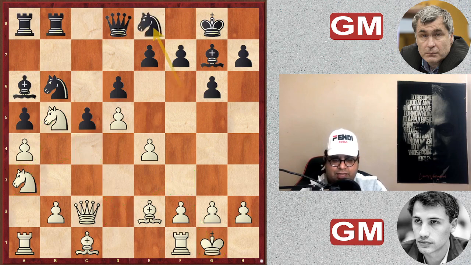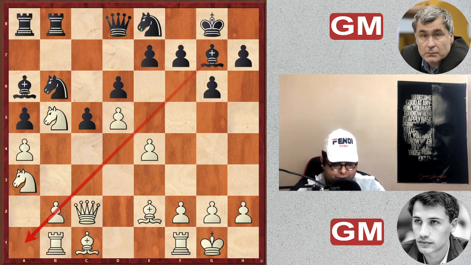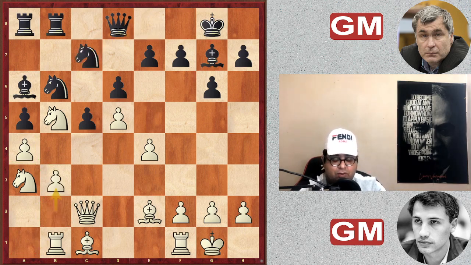Here black played rook to e8 anyway, so he's still trying to play knight c7, and white in response played rook to d1. And the idea is that white wants to play b3, defending the pawn on a4. So the rook was on a1 under pressure because the bishop was actually hitting the rook on a1. Knight to c7, and here white played b3, which removes any nonsense with knight takes a4,